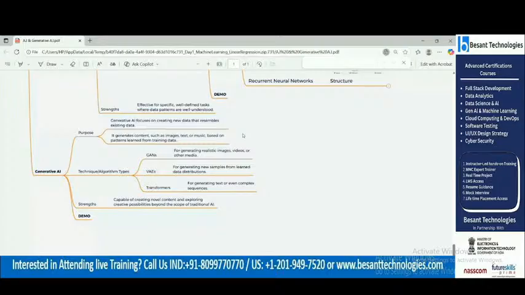Based on your training data, your existing data, you are creating new sets. That is nothing but Gen AI.